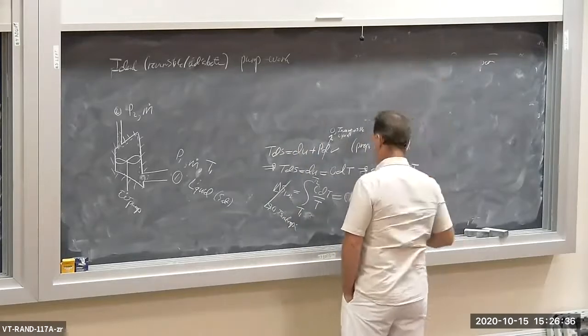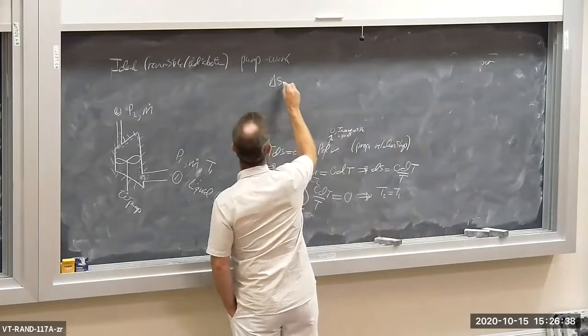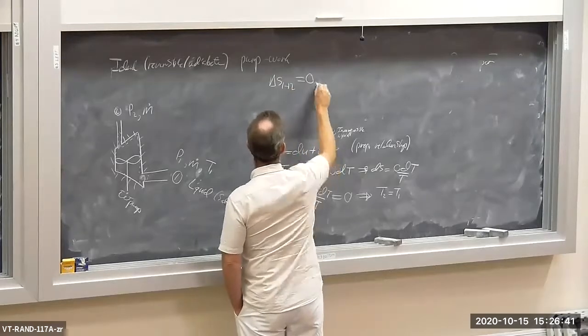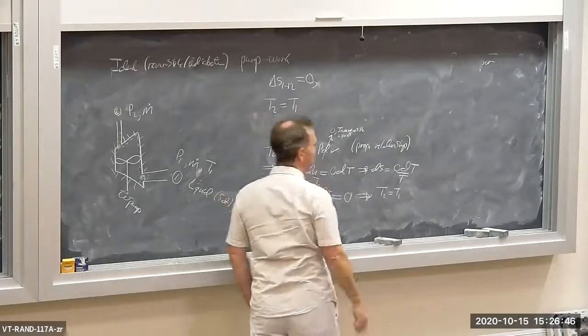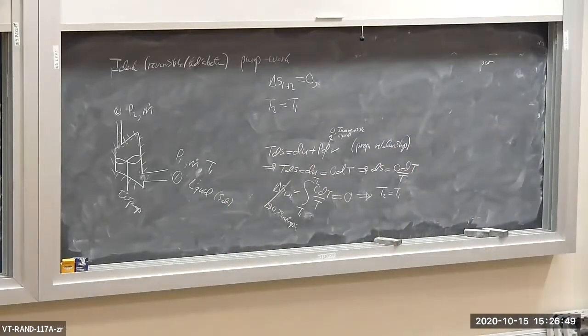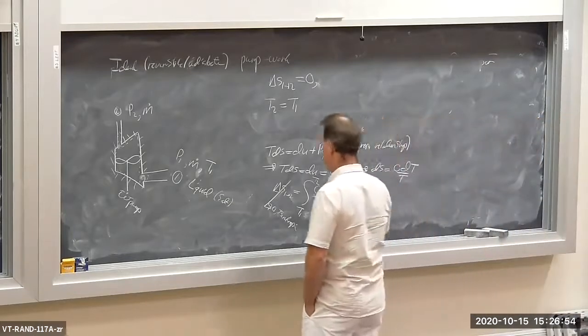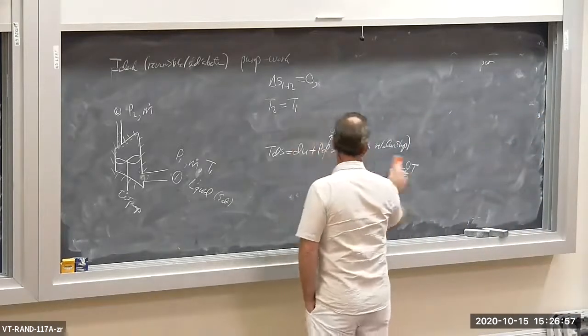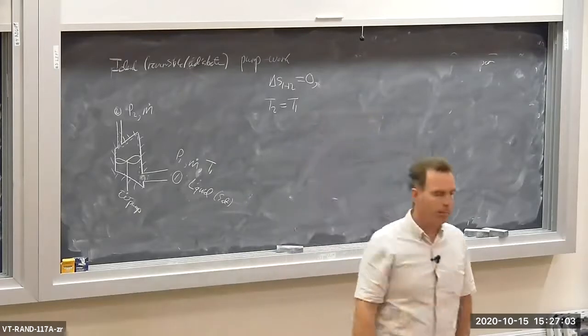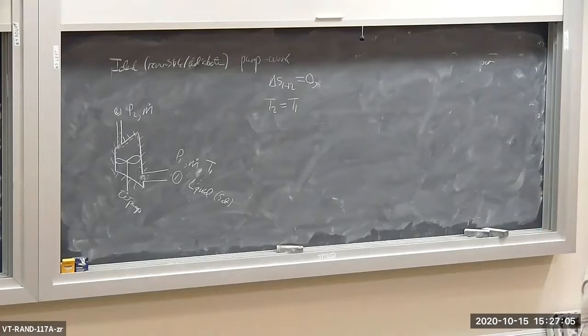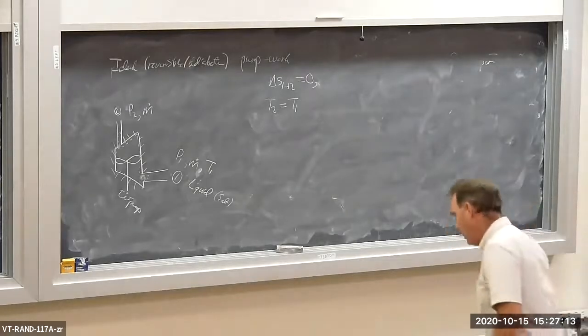So we have delta S from 1 to 2 is 0. And we have, strictly speaking, T2 is equal to T1, strictly speaking, if we have no change in volume whatsoever in our pump. Now, I'm going to fudge a little bit. Liquid is slightly compressible. If I really crank down on the pressure, I can get a small change in volume. So instead of writing T2 is equal to T1, I'm going to say,